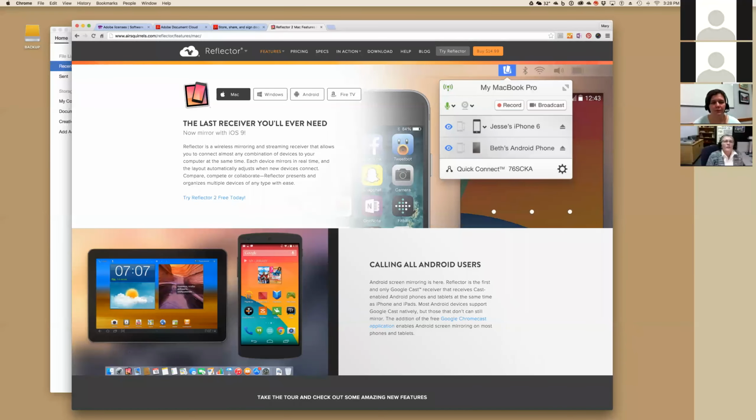Okay. Yep. Today I've been using an app called... can I share the screen? Okay, this is the Reflector 2 website. It's made by a company called Air Squirrels. They have a version for Mac, Windows, Android, and even Amazon Fire TV. And basically, I've used it a few times. Mainly, it gives you the ability to